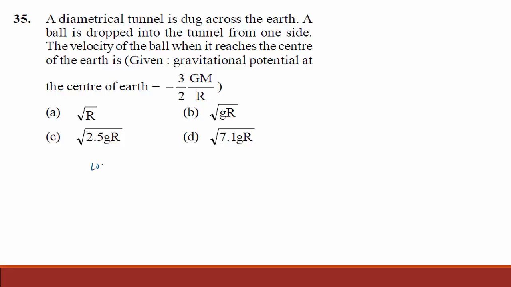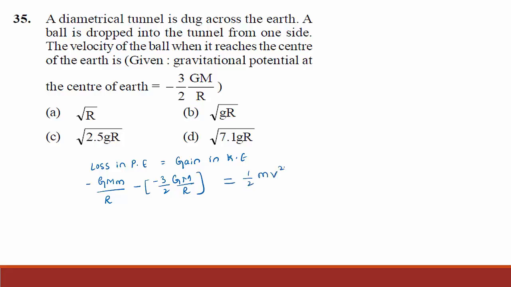Loss in potential energy, initially it is having potential energy given by GMm divided by R minus, here the potential at the center is given as minus 3 by 2 GM divided by R. This is loss in potential energy, which is equal to gain in kinetic energy, which is given by the equation